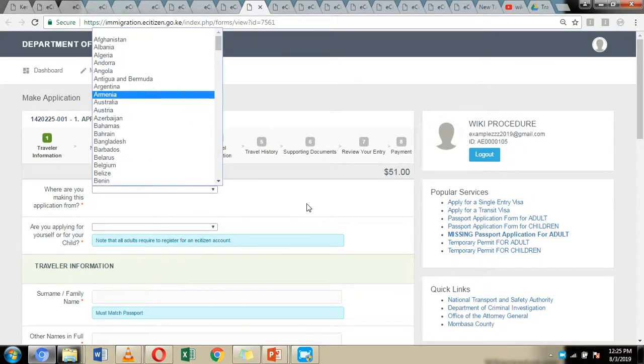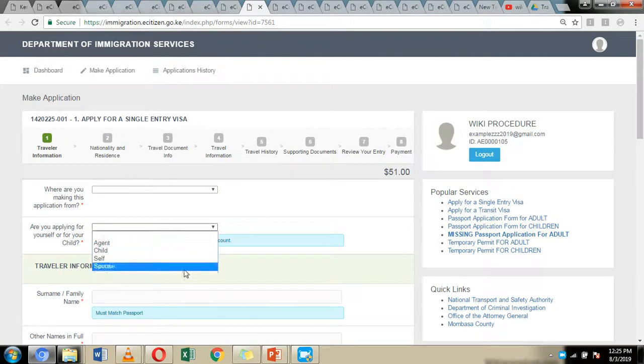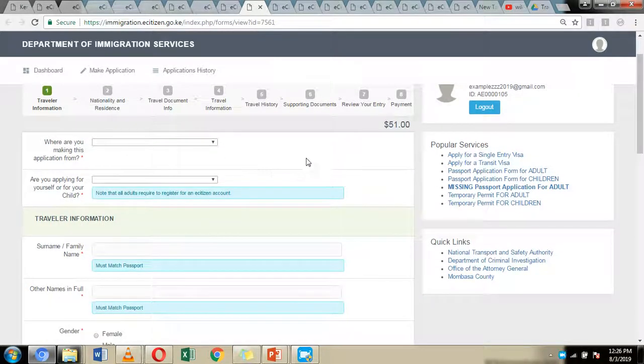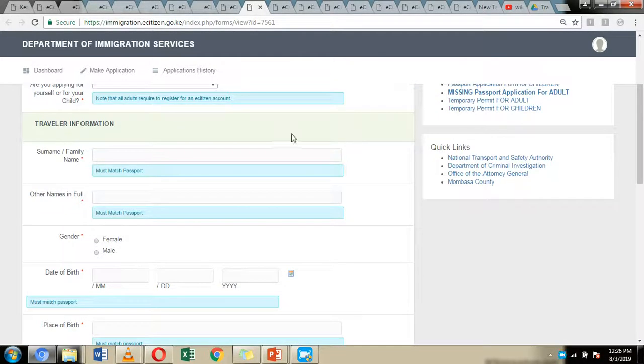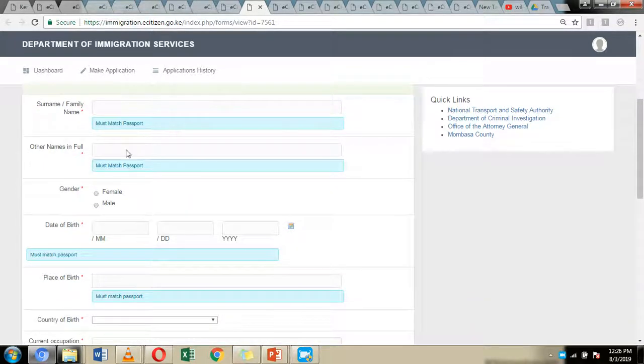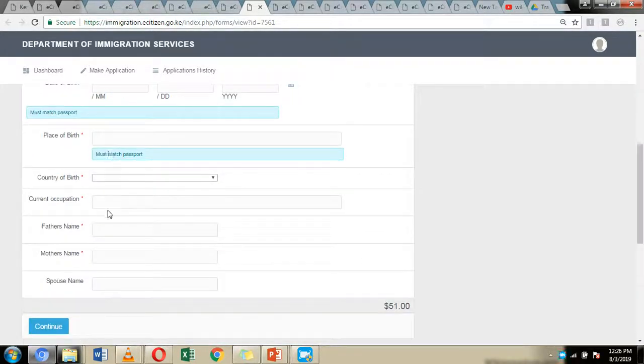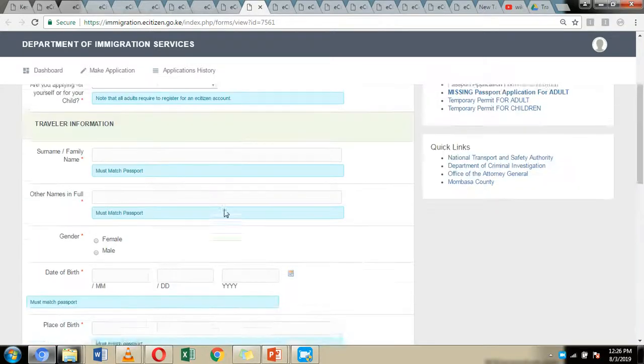Just choose the country. If you're making your application for yourself, for a child, for a spouse, or an agent, if you're a diplomat, only diplomats or people with exemptions from visa can apply for agents. And traveler, your information, your full names, your gender, date of birth, place of birth, country of birth, current occupation, your father's and mother's name, and then you can click on continue, which is going to direct you to the next page